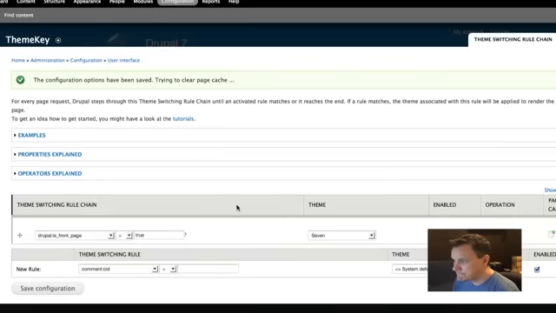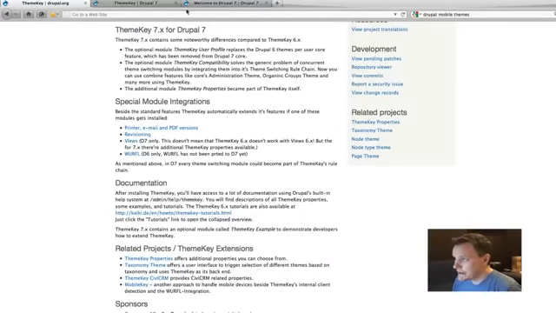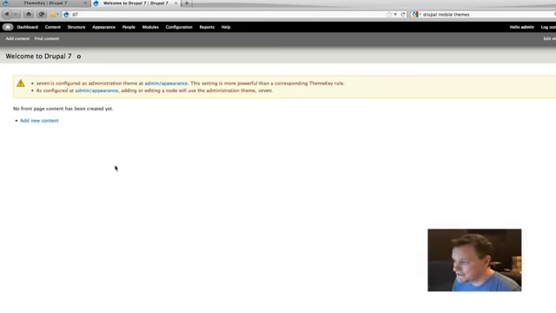And I'm going to save that. So it's now going to say, if it's the front page, use the 7 theme. So now you can see that I can go back. Oops, I can go back to the front page, and if I refresh now, I'm now using the 7 theme instead of